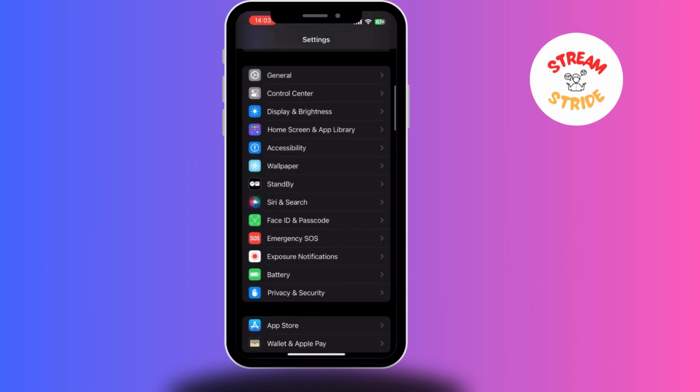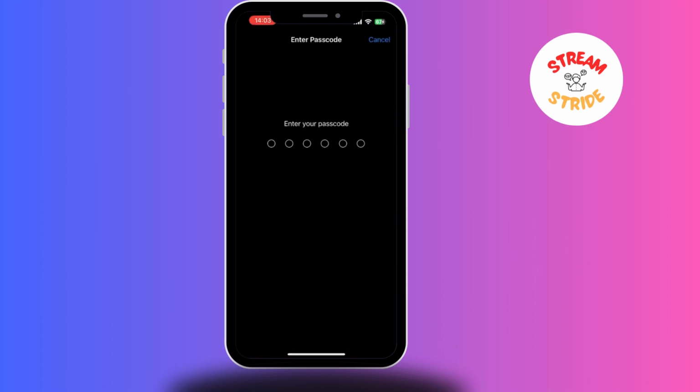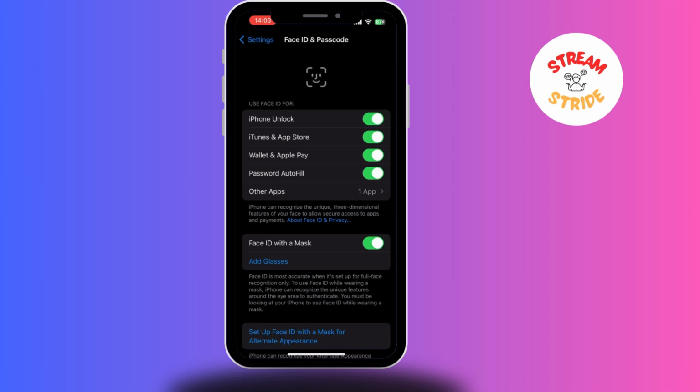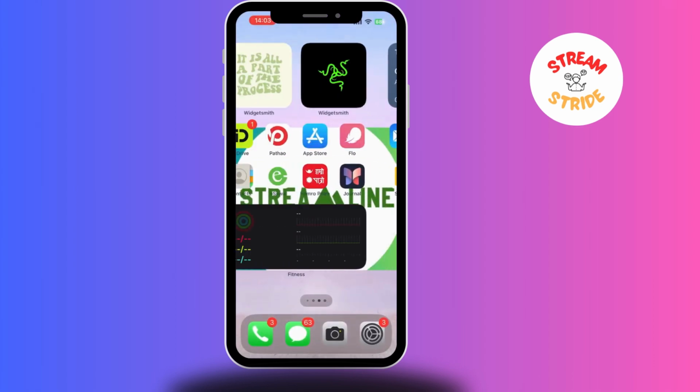Then the next step you want to do is go to Face ID and passcode. Then what you want to do is type in your phone passcode, and you can use your Face ID for your iTunes and App Store. So turn this on. So the next time you go to your App Store